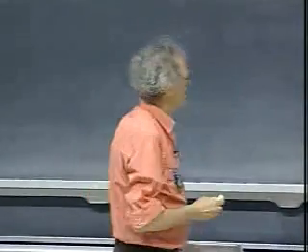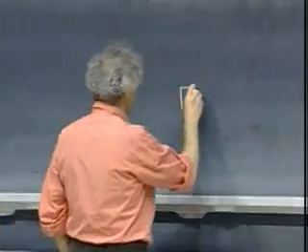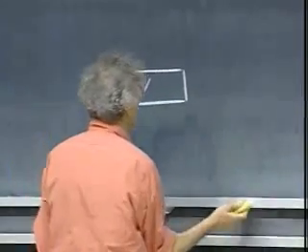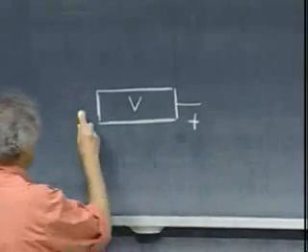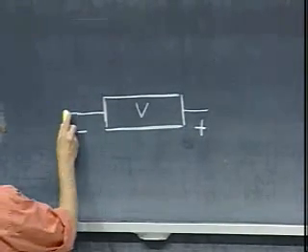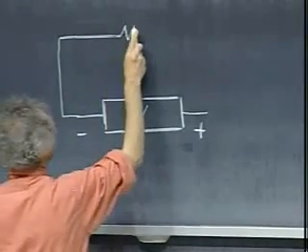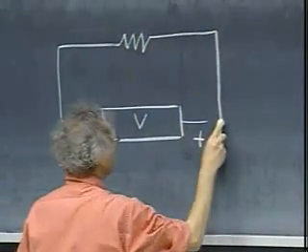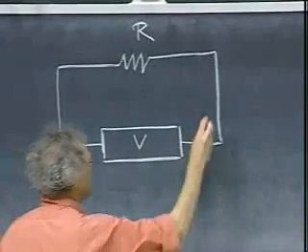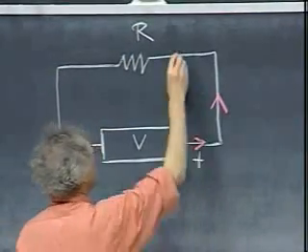We have often talked about power supplies, which are devices which maintain a constant potential difference. Here we have such a power supply, potential difference V, this be the plus side, and this be the minus side. I'm going to connect this. I have a resistor here, R, and as a result of this, a current will start to flow in this direction,